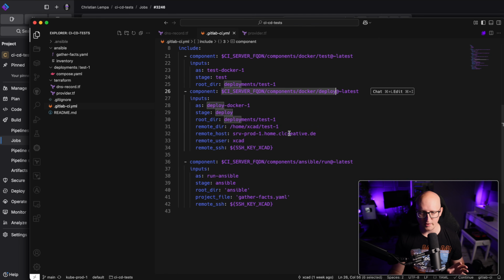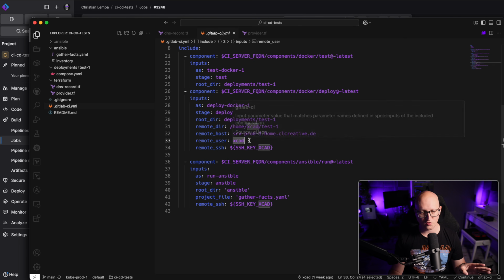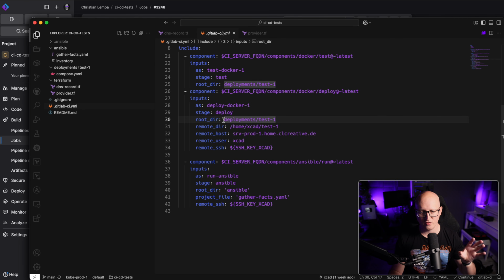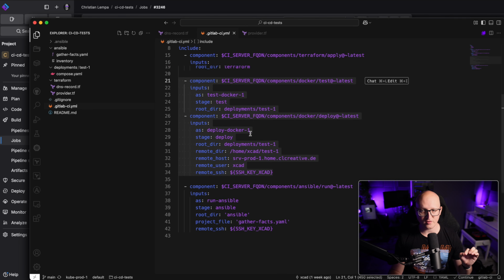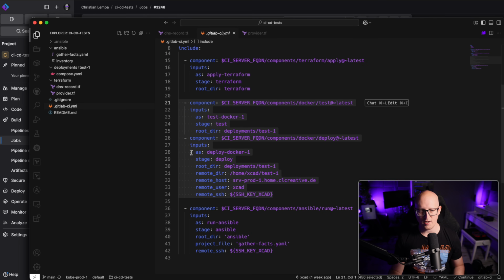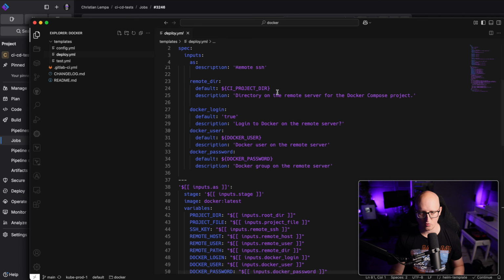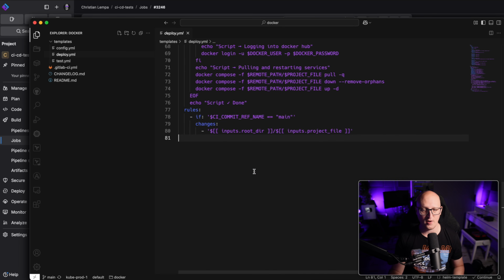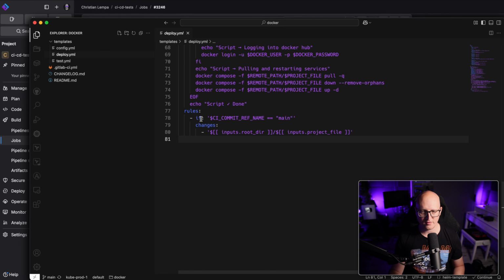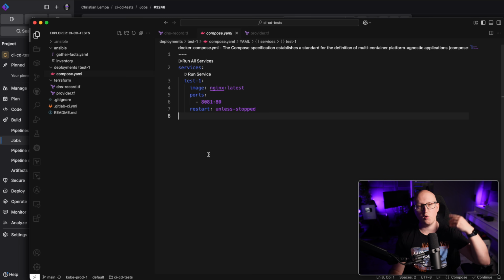And here in the input parameters, you can see I want to deploy this to my production server with my user, my SSH keys, and the compose file that you find in the root directory, deployments test1. And this, by the way, only runs when I make changes to this file, because in the components, I also added the rules. Here you can see only if this is a push to the main branch and it changes in the root directory, only the Docker compose project file, then it will publish the update and restart the container